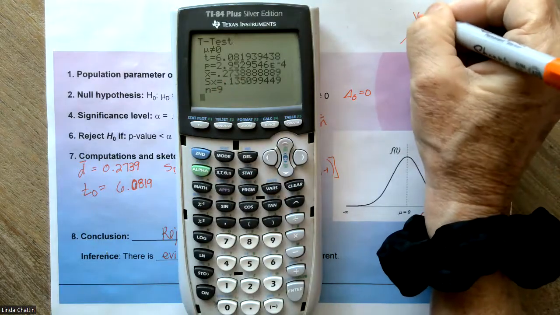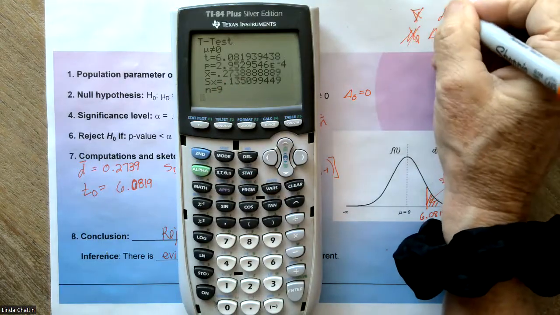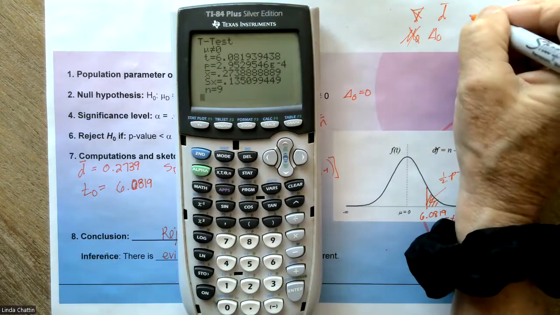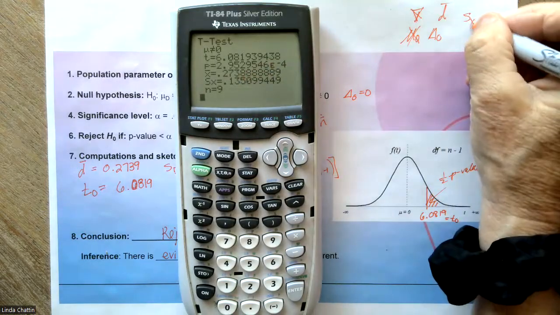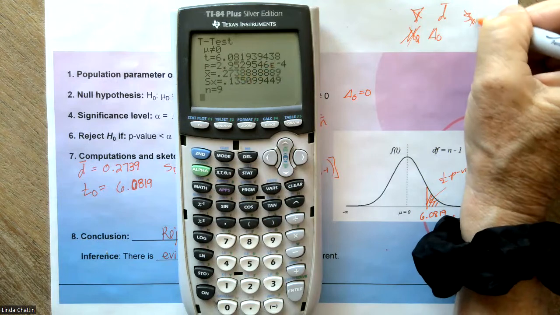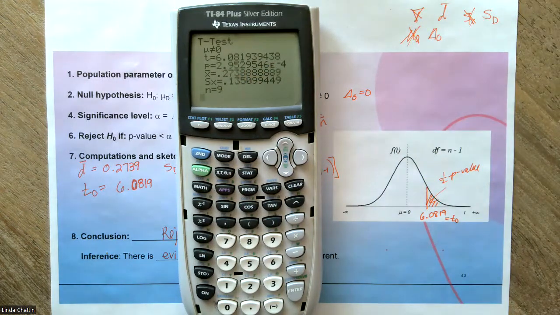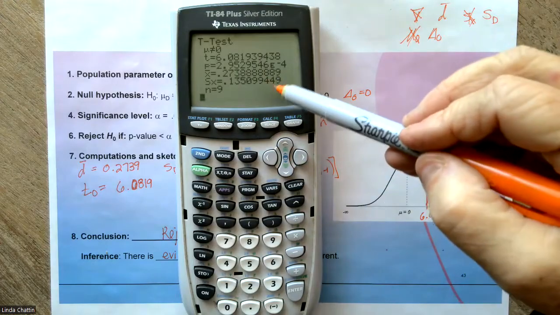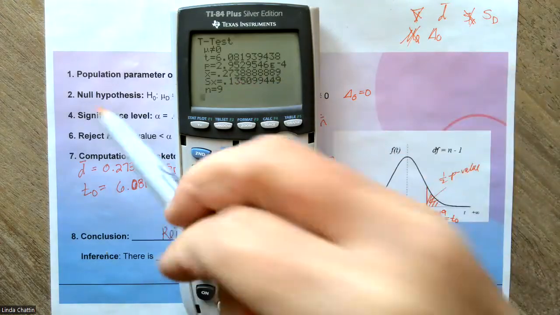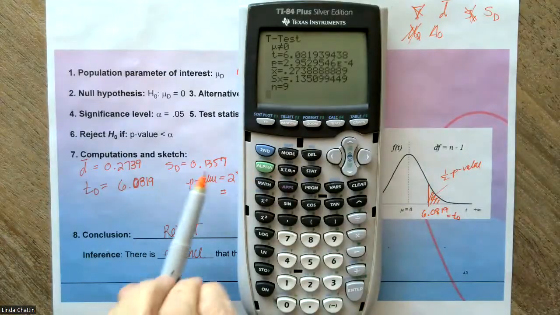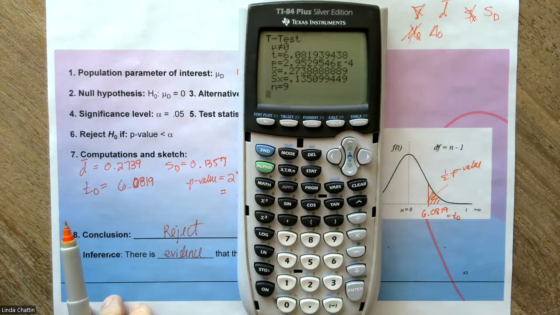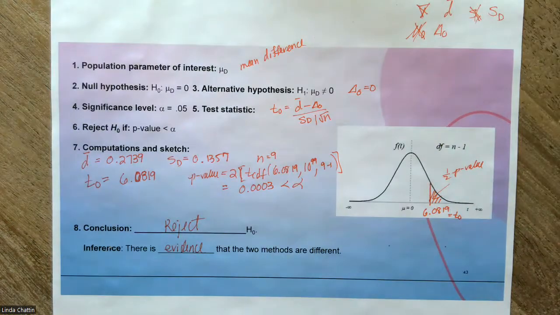So instead of x bar, what we're doing is it's going to be a d bar. And instead of s sub x in the calculator, that's actually going to be s sub d. I mean, these are all equivalent. I'm just showing you what the notation is. And so therefore, s sub x, which we did over here, is s sub d, which is 0.1357. So that is how you do a test of hypothesis on the mean difference, not the difference between means, but